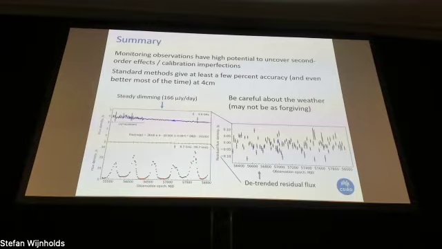So I have one. You showed that there is a flux difference between the calibrator and target, and there's an elevation difference. Is it known why that effect is there? Is that due to gravitational deformation, air mass differences?